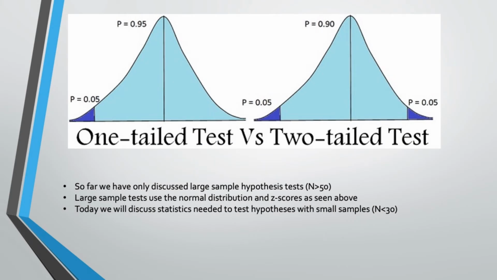So far, we've only really discussed large sample hypothesis tests. So generally, when we have an n of greater than 50, we're going to be using z-scores and z-statistics and things like that. And as we've discussed, large sample size data generally falls on the normal distribution. We've talked a little bit about small sample sizes and how those don't necessarily conform to the shape of the bell curve. And I know everyone in this class should have at least 50 observations in their data set,